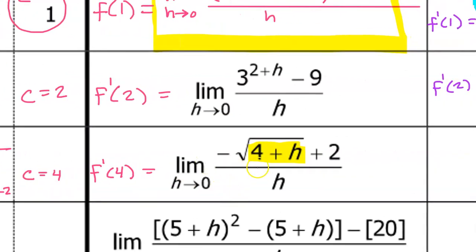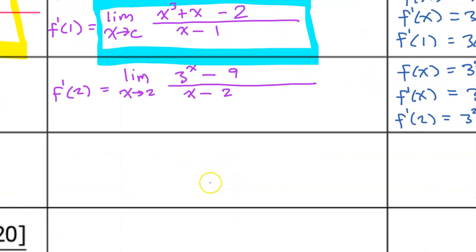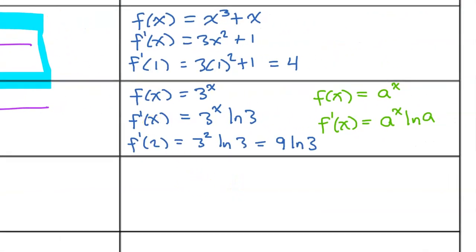So if I saw this limit on a test, rather than trying to rationalize the numerator and work out the limit that way, it would be quicker just to use our derivative rules. So f of x is negative square root of x. Let's find the derivative of this. First, let's rewrite this a little bit. So this would be negative x to the 1/2 power. So if I want to do f prime,